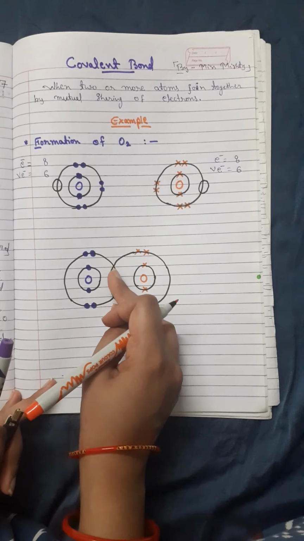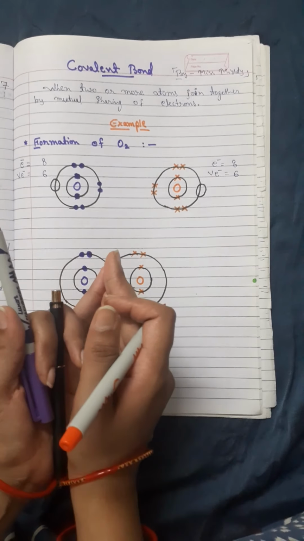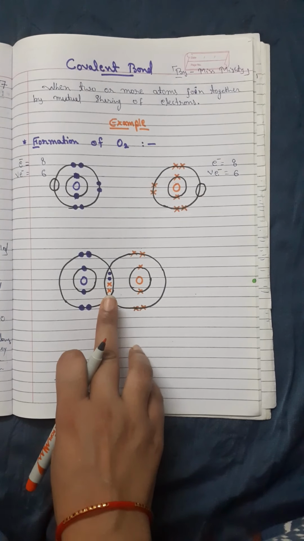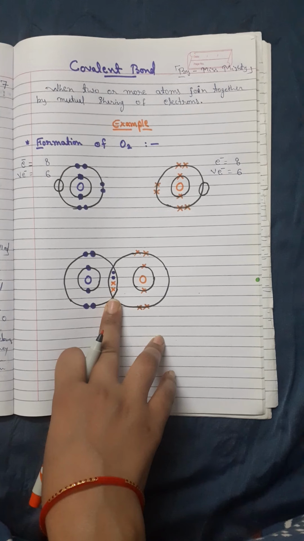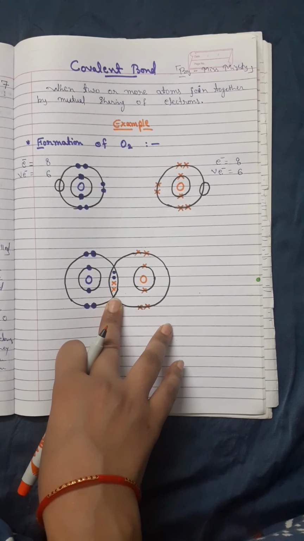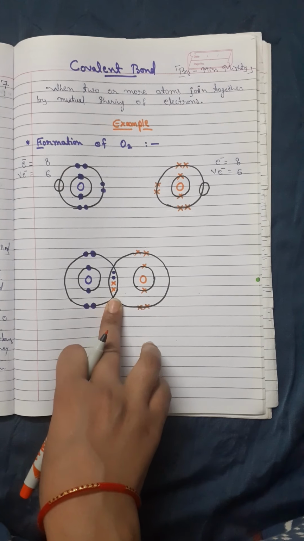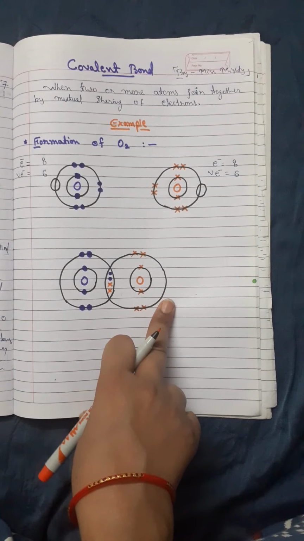One pair of dotted electrons and one pair of crossed electrons come together and are mutually shared between them. So we say that two pairs of electrons are shared between these two oxygen atoms to form